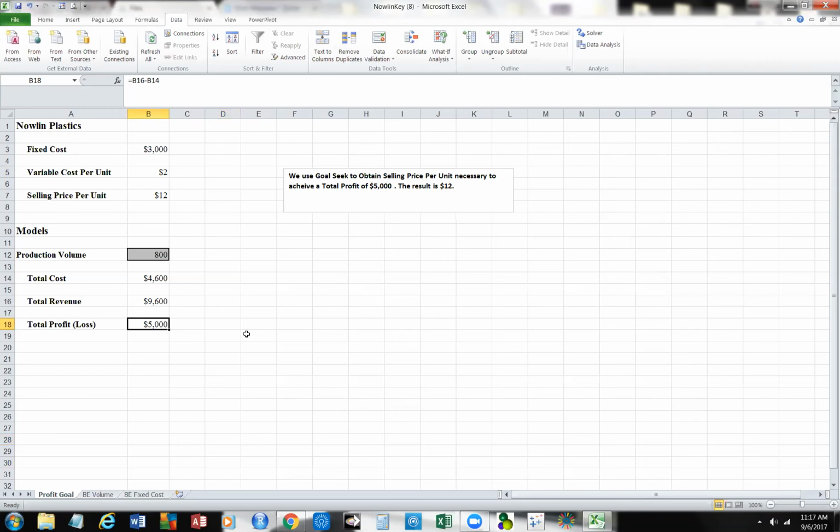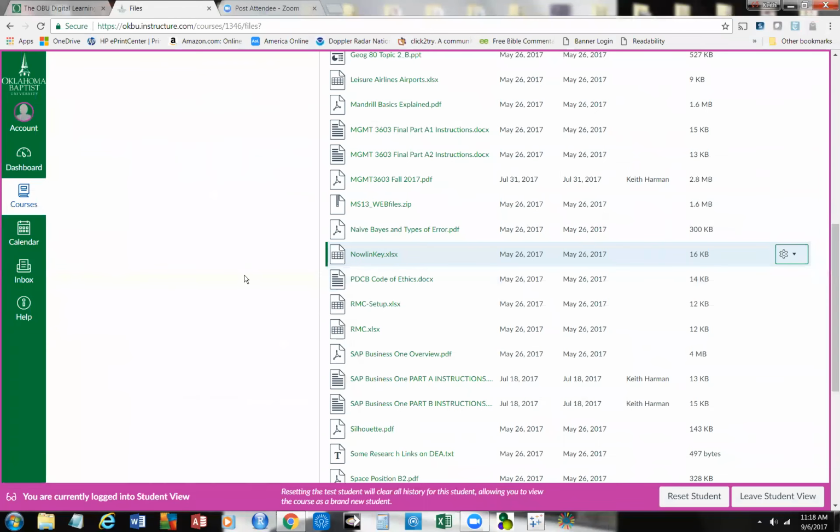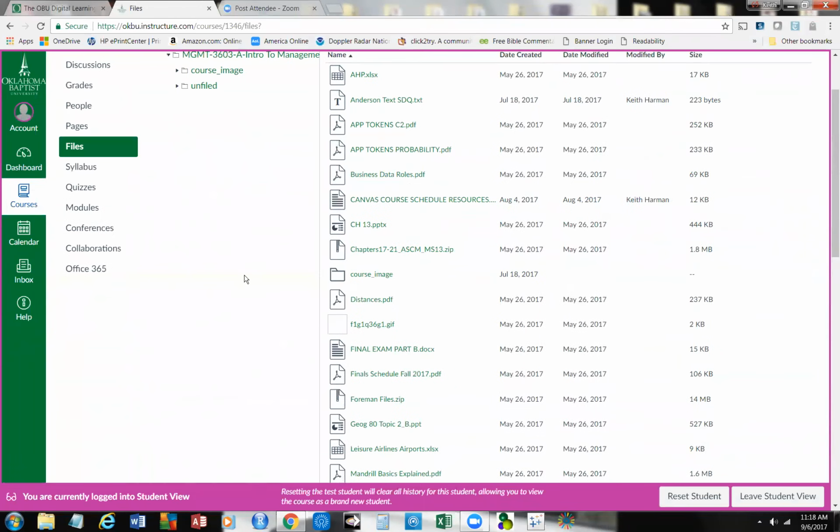Big difference, and they walk you through that there in chapter 1. So that's Nolan, okay? And that's the key, and it is indeed published over there. I've got it published in the files, and I'm going to close it off for a second, okay? And we're going to go back up here, and we're going to talk about